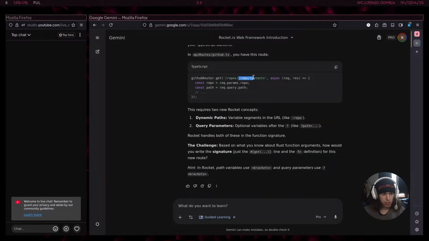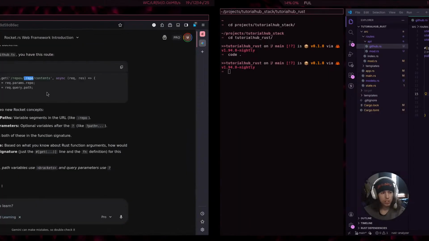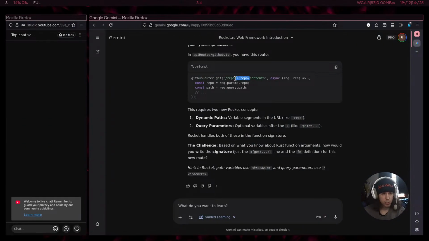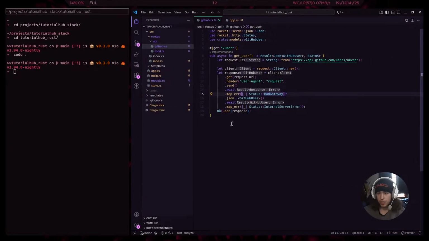This is incorrect. I only know that because I've actually made one of these routes before. It uses curly brackets now instead of this colon. And I guess that's like a somewhat recent change because Gemini doesn't know about it. But with that said, let's go ahead and start making our